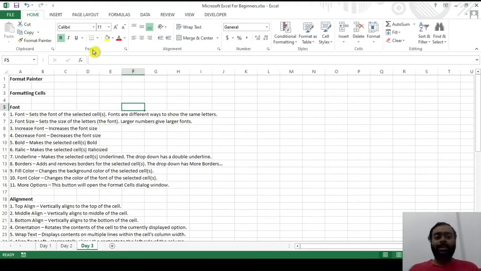So what is next? Next is the font. Okay, so this is the font section here. For example, can you see here? This particular cell has a font written in it, and it is bold, Calibri, and the size is 11. Now let's go one by one, step by step. What is font? Font is a set of fonts being selected in this particular cell. So this is the font which has been selected here.